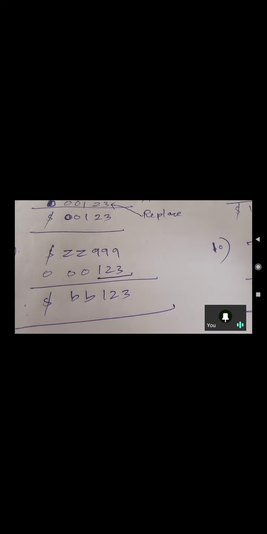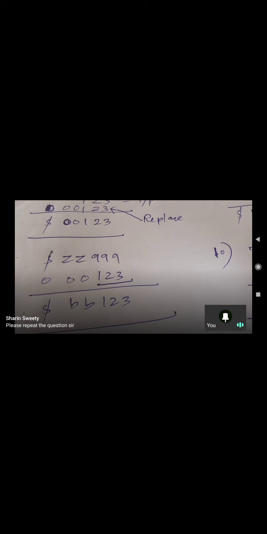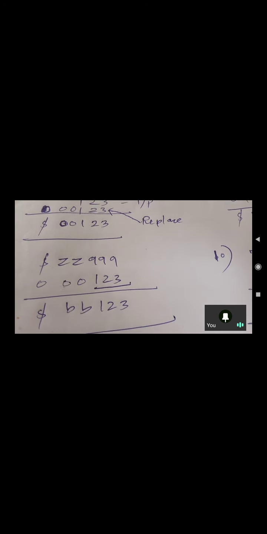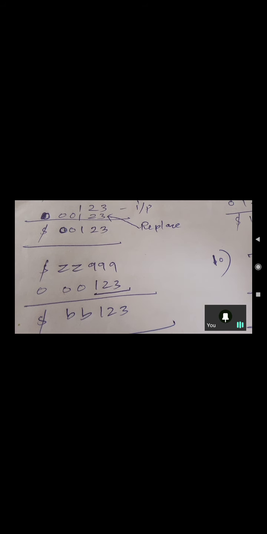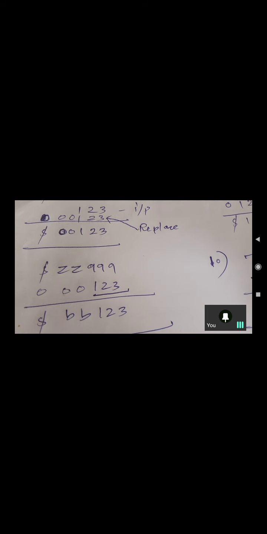So this one is good. Okay, Divya, I will once again repeat the question. The picture field is a dollar sign and then double Z and triple nine, the same picture field that I'm showing you through my mobile device. And to this, the input value is going to be 1 2 3 4.